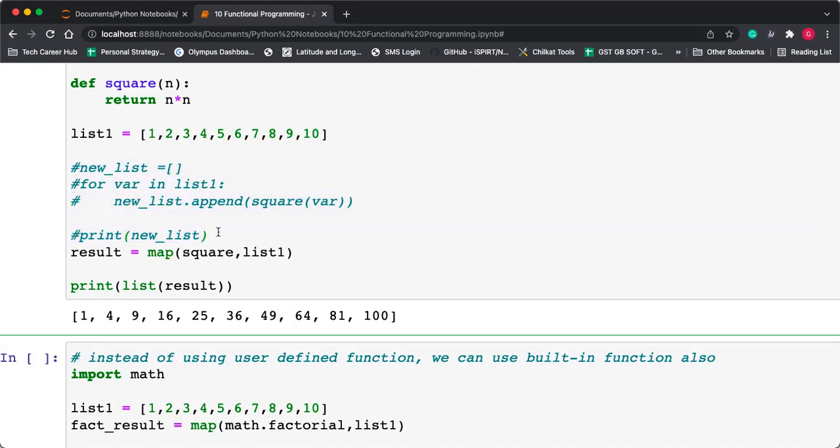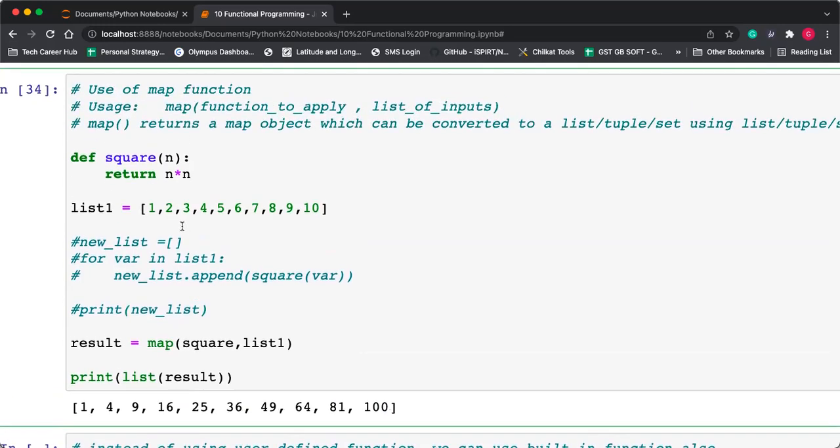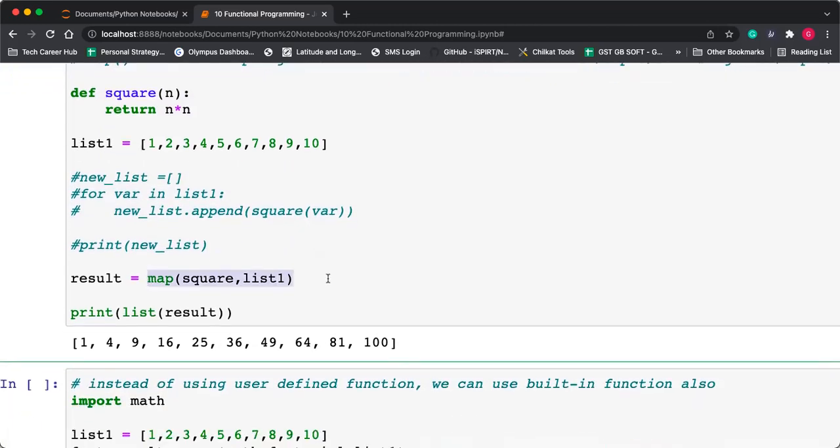Yes, students, are you getting the map function now? Map function क्या करता है? ये जो फंक्शन है, ये फंक्शन को मुझे इनपुट देना है, लेकिन इनपुट कहाँ पे रखा है? लिस्ट में रखा है या टपल में रखा है? ओके, तो ये जो रखा हुआ है ना, वो मुझे इसको एक एक करके देना है और आउटपुट में मुझे लिस्ट ही चाहिए. ओके, तो ये कैसे करेंगे? अगर मैन्युअली करना है तो मैन्युअली इस तरीके से करो. No need to use map function. लेकिन अगर एडवांस फंक्शन यूज करना है, एक ही लाइन में सब कुछ करना है, यस कर दो. map square list 1. Yes, apply the square function to list 1, and yes, it will square the list.